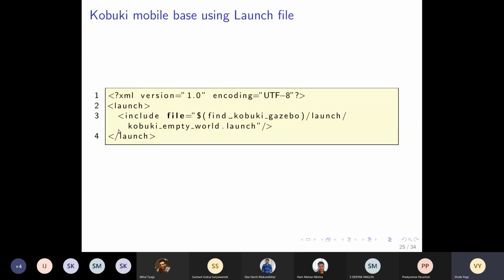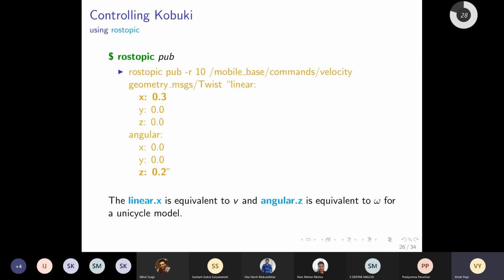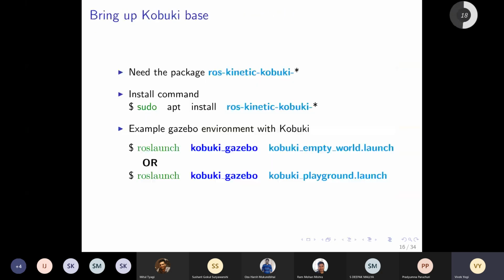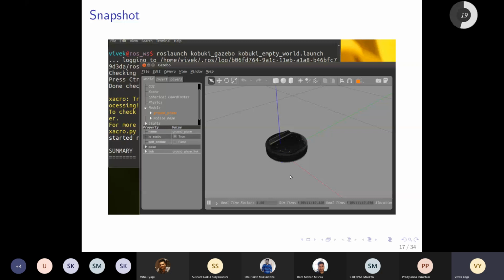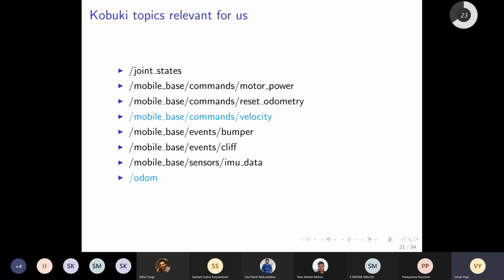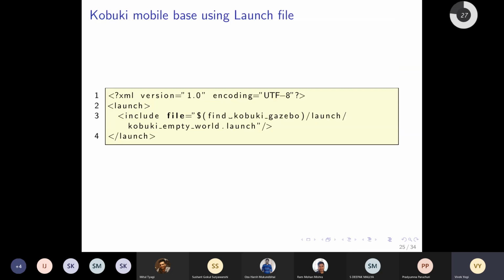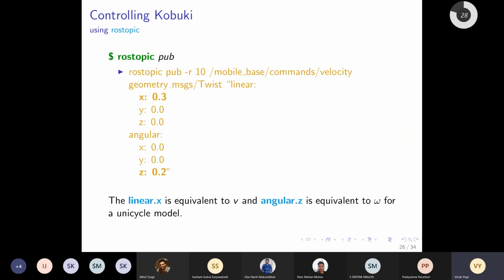So when we do this, what will we get? We'll get this robot. Where will it be? It will be in the origin. You see here, x y z intersection, so it is going to be at the origin. Sorry for going back and forth. So that's what we do, and now comes the interesting part.